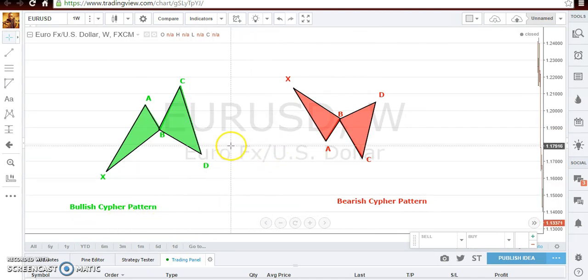So what I'm going to do is, in the next video, I'm going to show you guys how to actually trade this pattern in terms of where your targets are going to go and where your stop loss are going to go. And then after that, I'm going to try and go to the charts and show you guys a few examples of how you can actually spot these patterns on a chart, because it's totally a different thing. It's one thing knowing what the rules are or what the cipher pattern look like. It's actually a totally different thing when you're actually trying to find it on a chart,